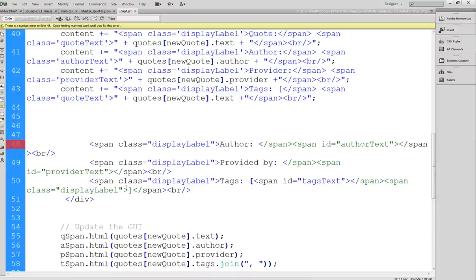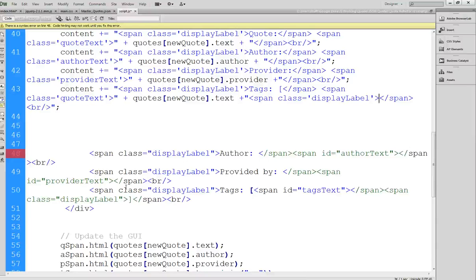Oh, right. So for this last one, I have to add this extra display span in here. So this is actually going to go like so, right here. Then I'll have the closing square bracket, and then I have the closing span for that. And it seems like I also need to have the quote text span, and that ends right here. Yep. Okay,